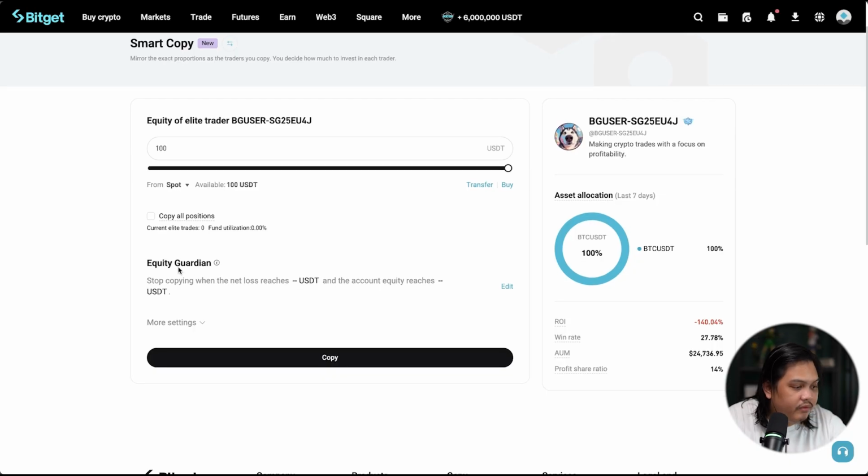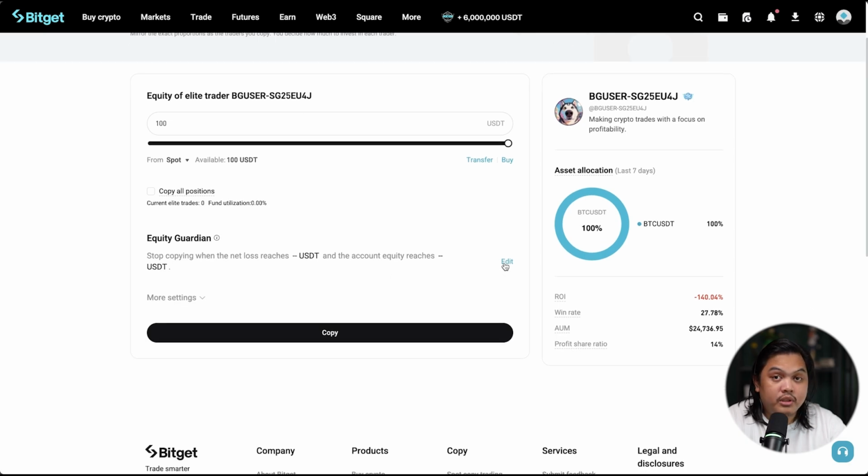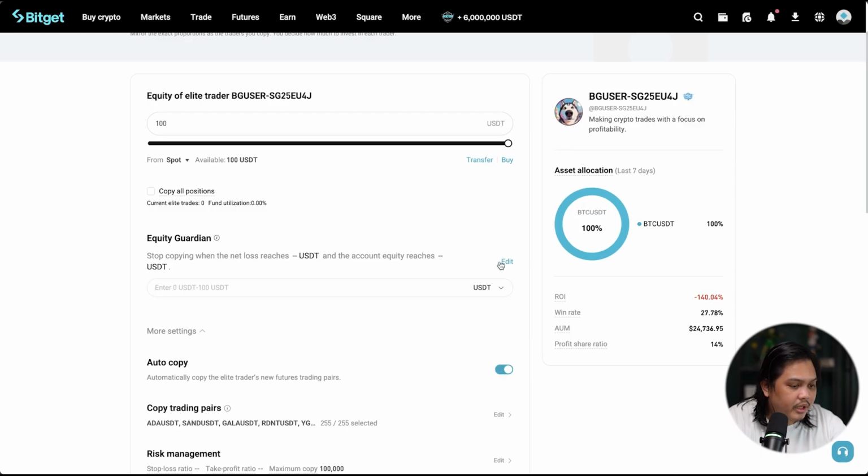Also, we have the equity guardian feature, where you can stop copy trading when the net loss reaches a particular USDT amount. You can use this as a safeguard or safety net so that your capital will not be burned in case the trader doesn't have any stop losses or risk management. Let's edit this one.